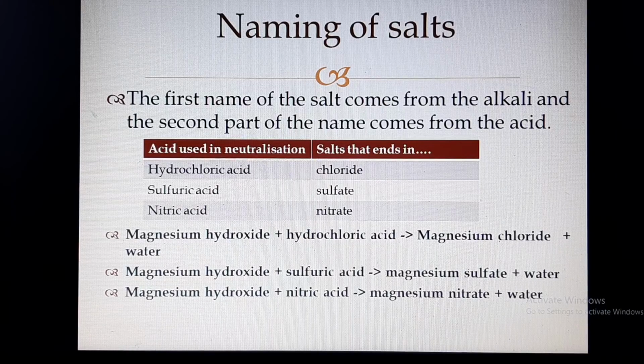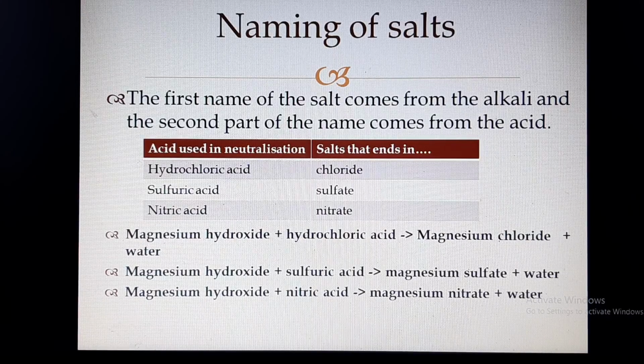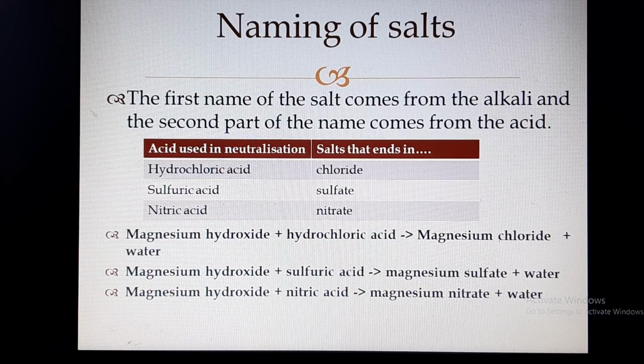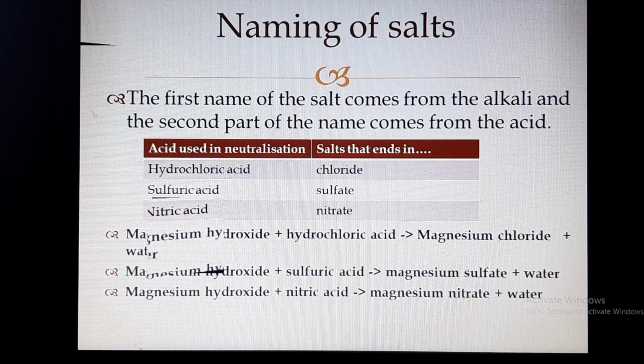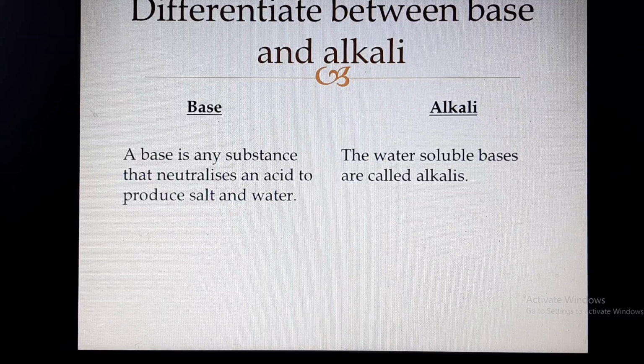In the same way, if we are using sulfuric acid, the second part should be sulfate. So the salt formed is magnesium sulfate. If we are using nitric acid, the second part should be nitrate. So we get the second name as nitrate, and the salt is magnesium nitrate. So the second objective is also very clear, how to name a salt. Now we are going to the third objective,